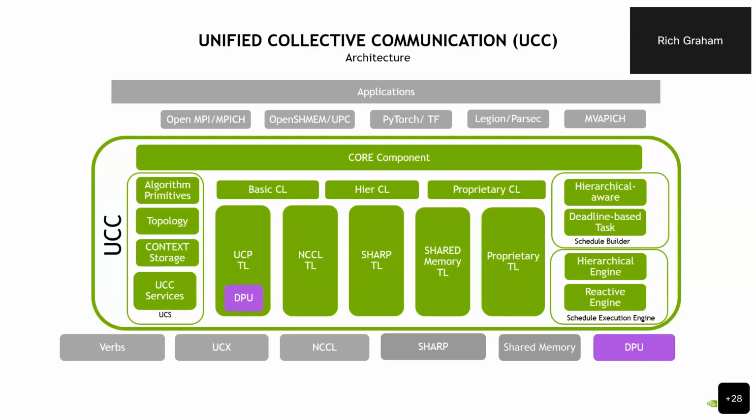So SHARP is the support for in-network reductions supported by InfiniBand. You have shared memory TLs, and you can also add proprietary TLs. So the intent here, if you can tell from the design, this is open source, and the intent is to